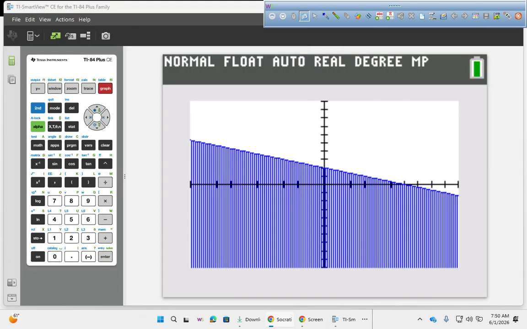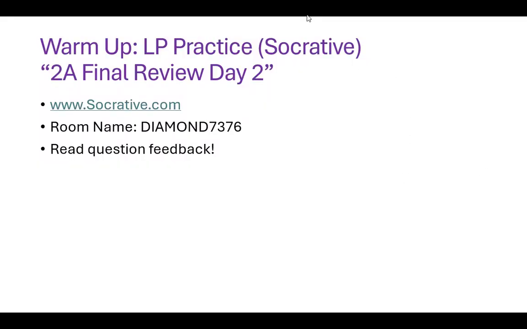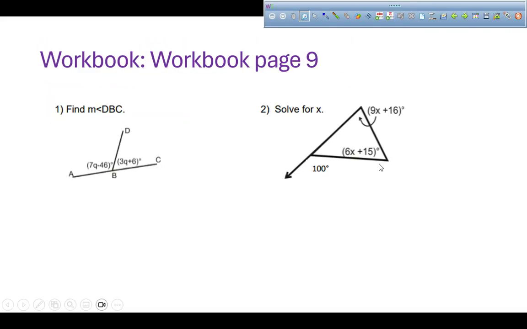So what you need for today is your final review packet. It's white, I believe, for this class. And we're going to go to page 9. So we did, you need one? All right, so we did linear programming last week. And then the second unit that we did in this course is geometry. All right, so if you weren't here on Friday, we talked about how